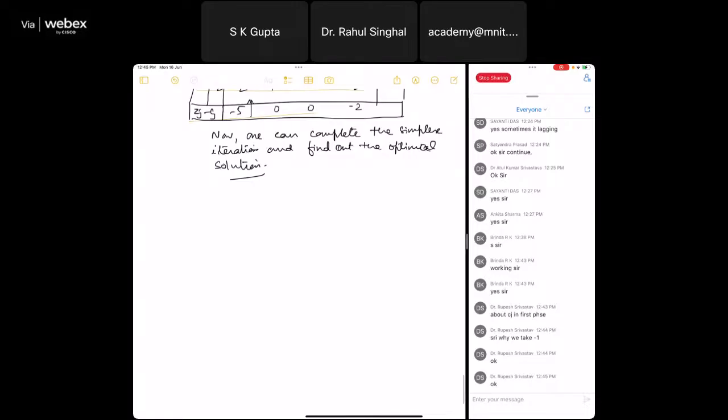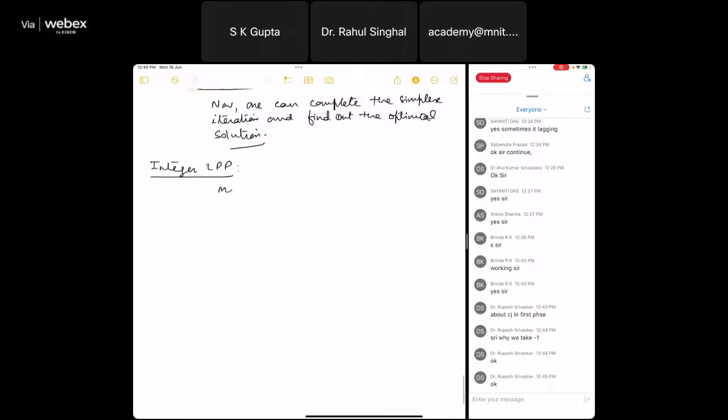Now I go to the integer linear programming problem. Let me just give you an idea of what integer linear programming basically means. See, in many problems, we want to maximize or minimize C transpose X subject to AX less than or equal to B, X greater than or equal to 0, where all or some of the X's are integers, right? So all X we want to be integer values. If you are taking all variables as integers, it is an all-integer linear programming problem. And if some of the variables are not integers,